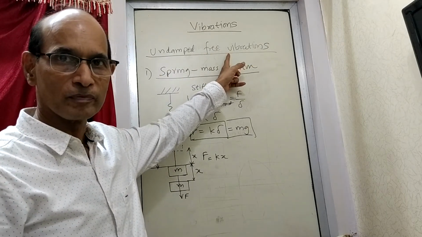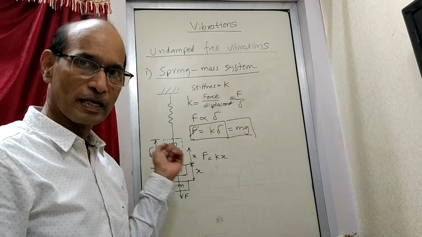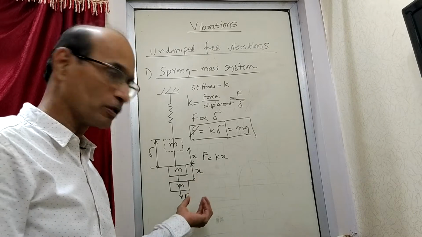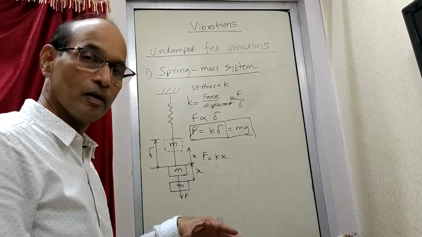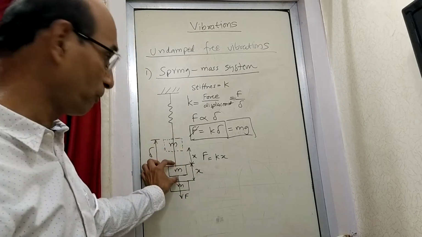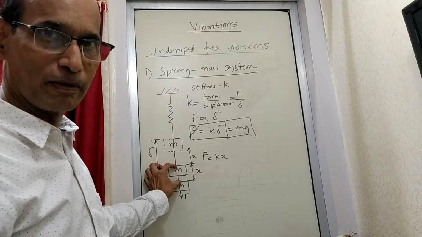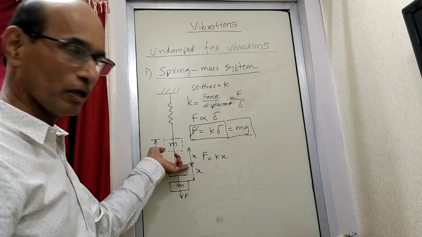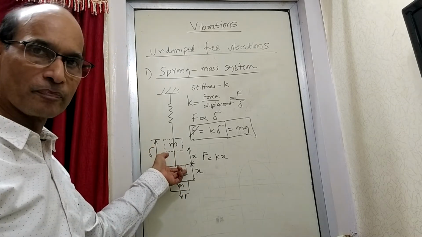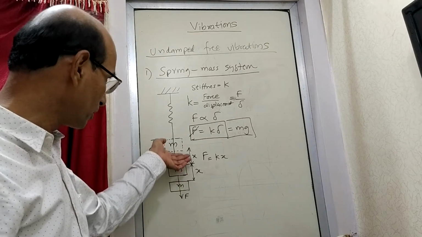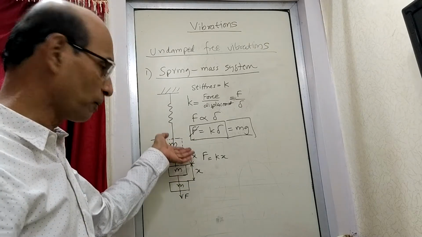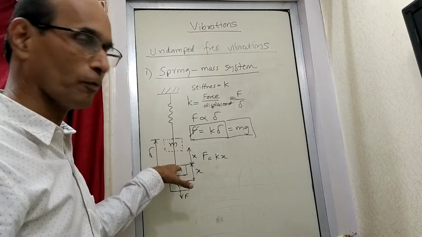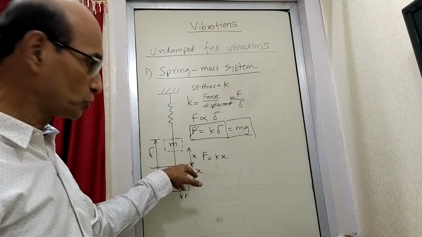Free vibration because it has happened because of the force existing in the system itself. What happened is, when you pulled it like this and released, that means now you have not pulled it. Your force has gone. But then, because the spring has got further extension, stretching, that spring has developed its own force. And that force has brought it back to the original position. But then it has not stopped here. Because of the velocity, it has gone further down, further up. So when it goes further up, the spring got compressed, which it doesn't like. So again it will try to come to the original position. So that will bring it here, and the motion will bring it back here.